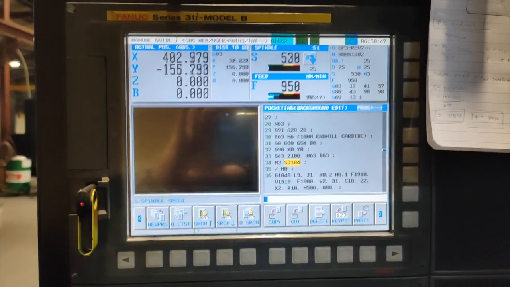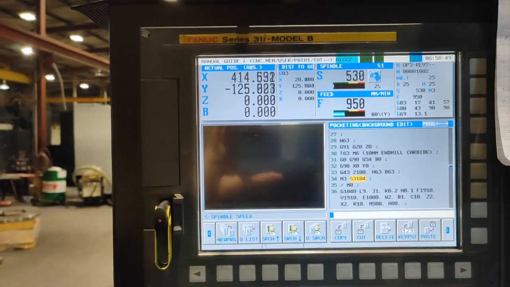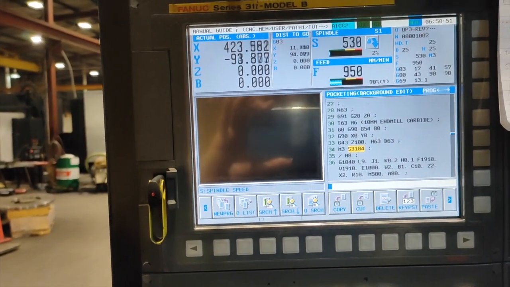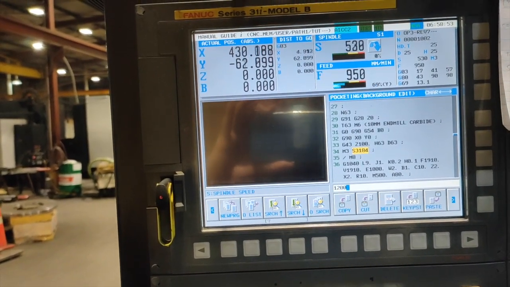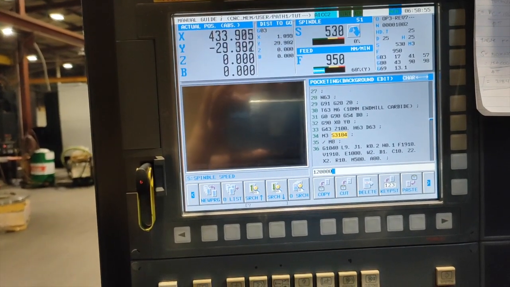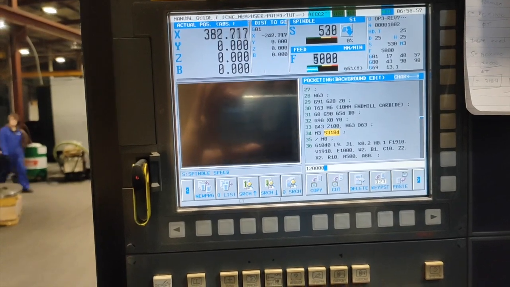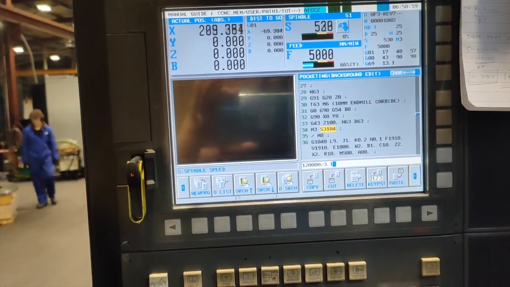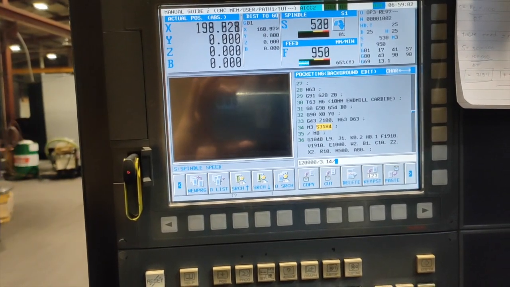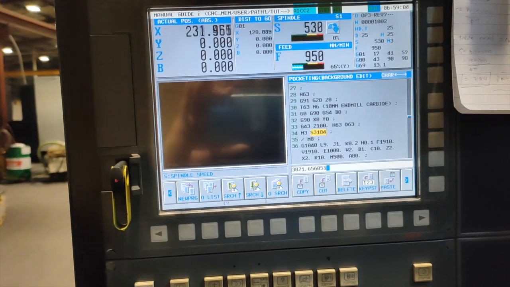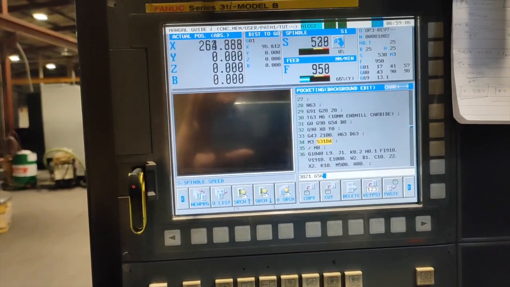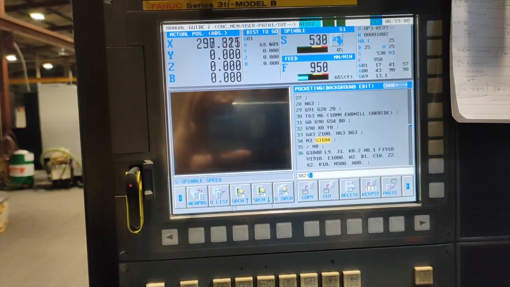So we are going to use again the same formula, 120 times 1000, so 120,000 divided by 3.14 divided by 10, and then input. So that's our spindle speed,